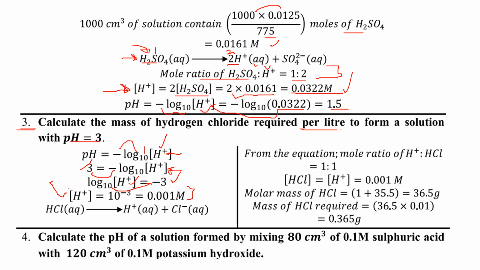Now, since we have the molar concentration of the protons, we can write out the full ionization of the acid, because hydrogen chloride dissolves in water to give HCl. That's why you have aqueous here. Hydrogen chloride dissociates fully because it is a strong acid, so you must use a full arrow to give hydrogen ions and chloride ions. Since the mole ratio of protons to hydrogen chloride is 1 to 1, the molar concentration of the acid is the same as the molar concentration of the protons, which is 0.01 molar. And therefore we can get the molar mass of the acid, since they want